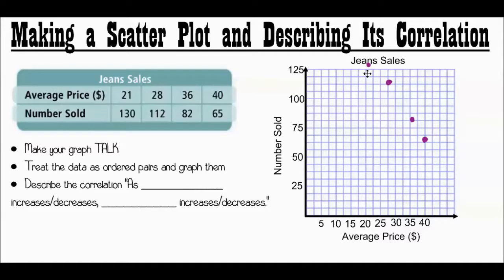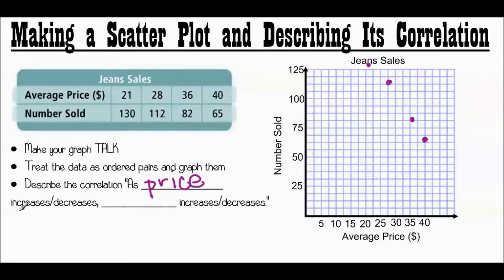So this is going to be a negative correlation, because as your X value increases, your Y values are going down. So whenever you describe that correlation, you want to use this third bullet here. Describe the correlation this way: as blank increases or decreases, whatever it is, blank increases or decreases. So start with your X values. As the average price, as price,